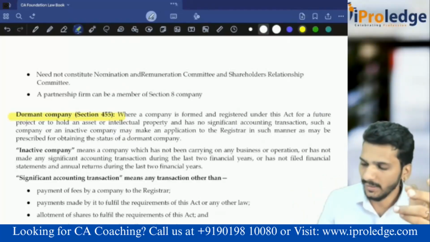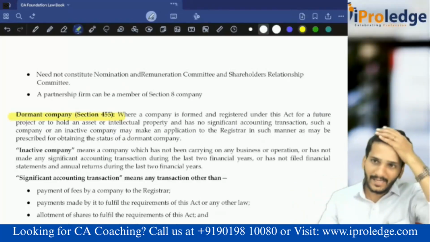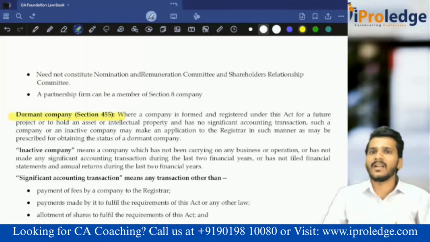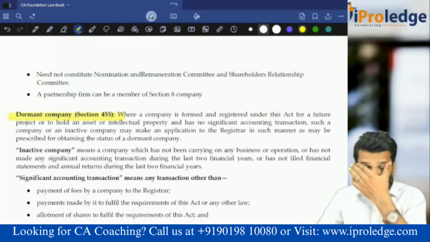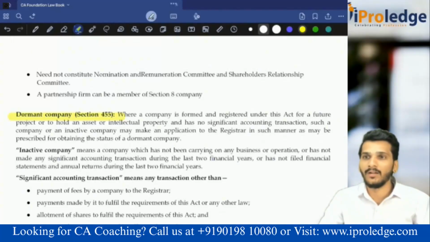Sir, what is this company? Whenever anybody has an idea, but they are not in a position to start a company. Example, some college students. I think I have given an example of, what is it? Ola. Oyo is also there. I think I gave the Ola example. Bhavesh Agarwal.